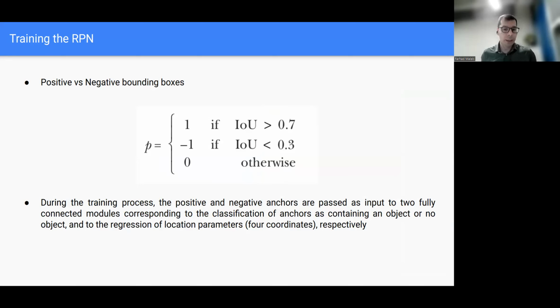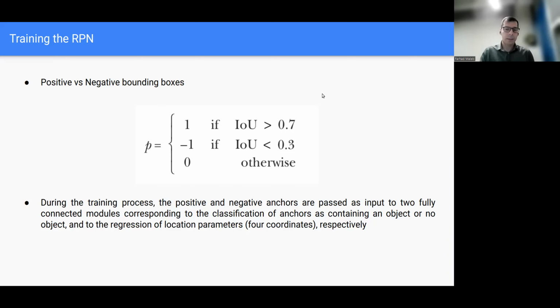I mentioned the negative and positive values based on a threshold. For example, if the threshold is 0.7, positive means that this is a bounding box that covers the object reasonably well. If it's less than a lower threshold, we call it negative. Those between are borderline, and usually we don't penalize them. We want to penalize the model when it is very, very off.